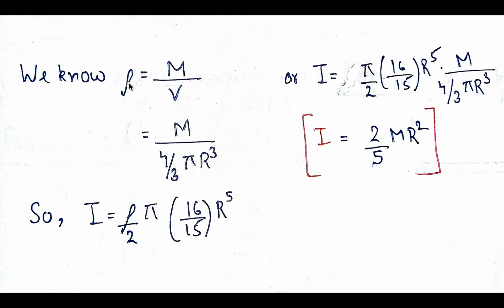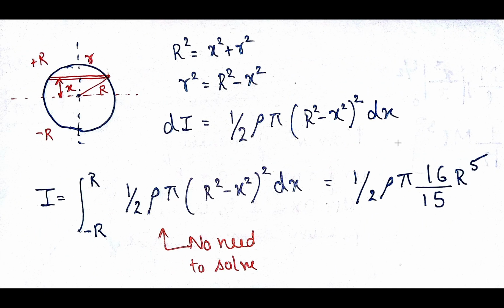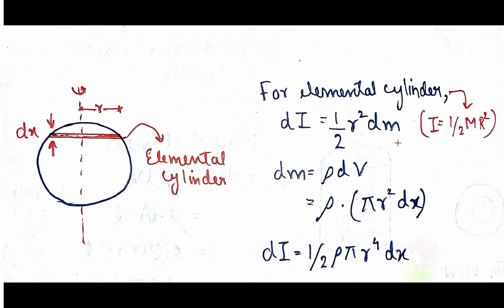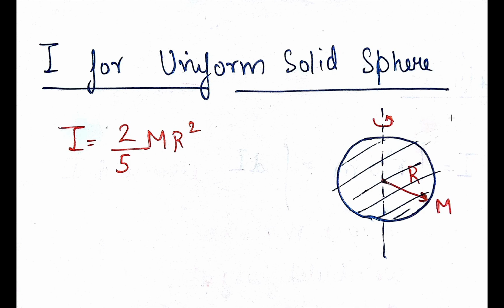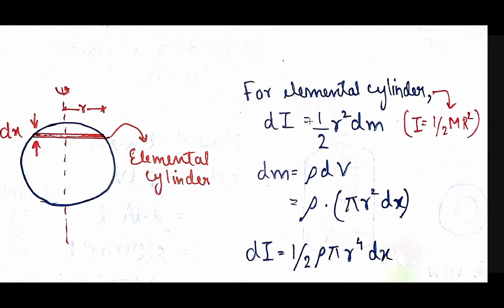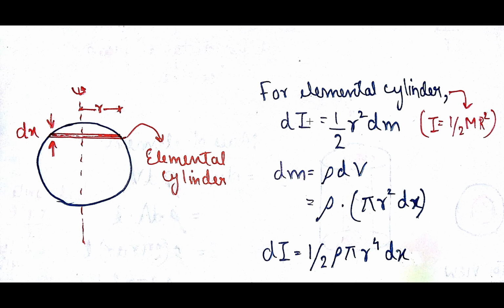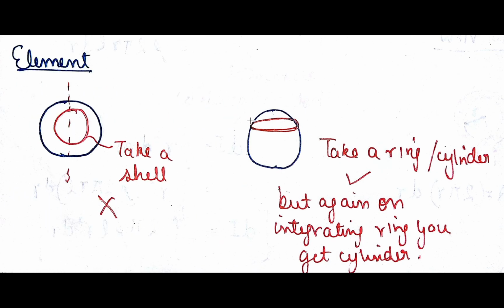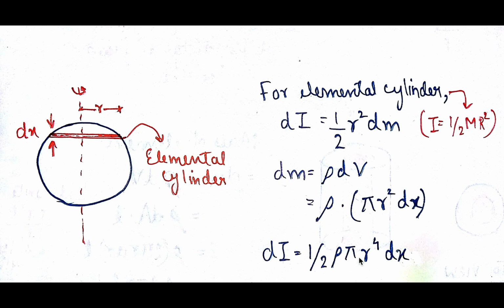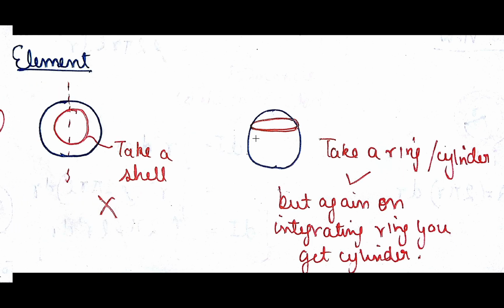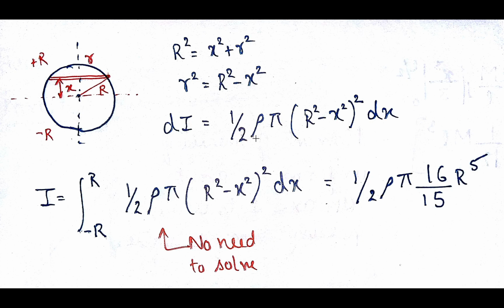Again, you put rho equals m upon V. Here the volume of the solid spherical body will be equal to 4 by 3 pi R cube. Put that over here, solve it, and you get the moment of inertia as 2 by 5 m R square. This is what we knew in the beginning. So remember that in this proof we just need to know how we have achieved this result, not really the calculations involved. You must know the working, that is how you calculate the moment of inertia.